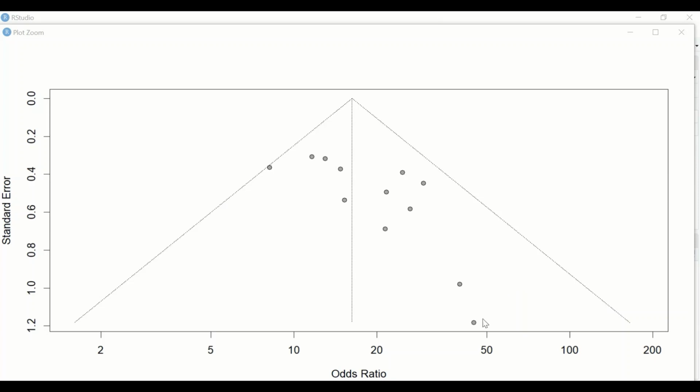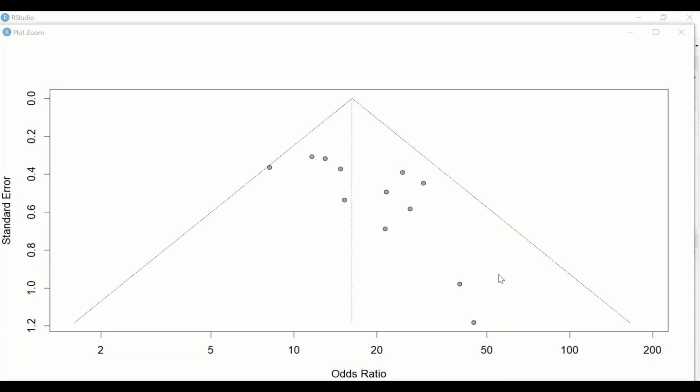From this funnel plot, we have 1, 2, 3, 4, 5, 6, 7 on the right side of the line, and 5 on the left side. So there is publication bias in this funnel, and another test needs to be performed, which is Egger's regression test, to confirm that